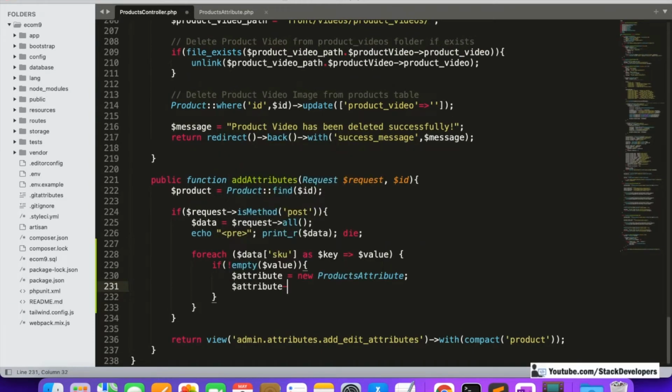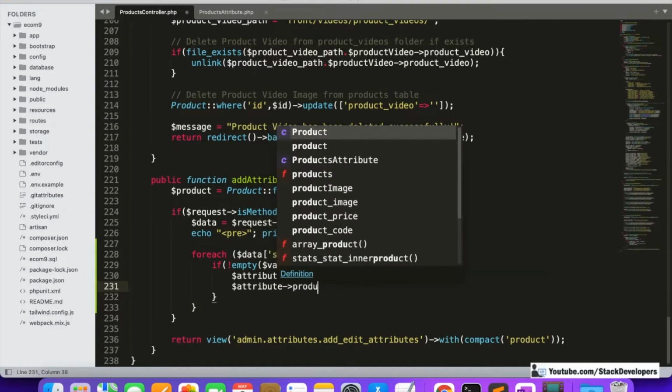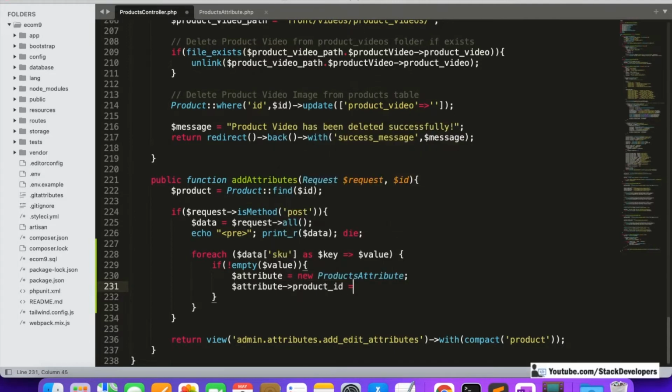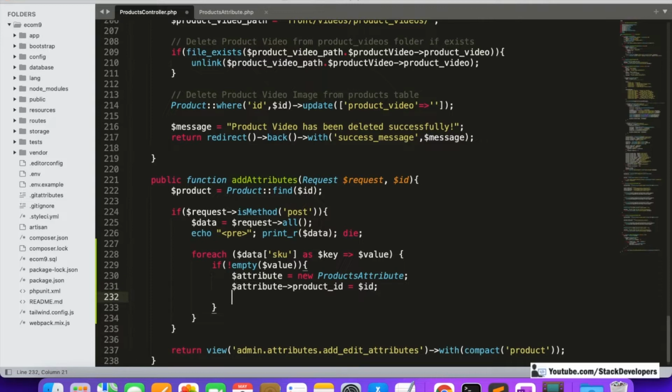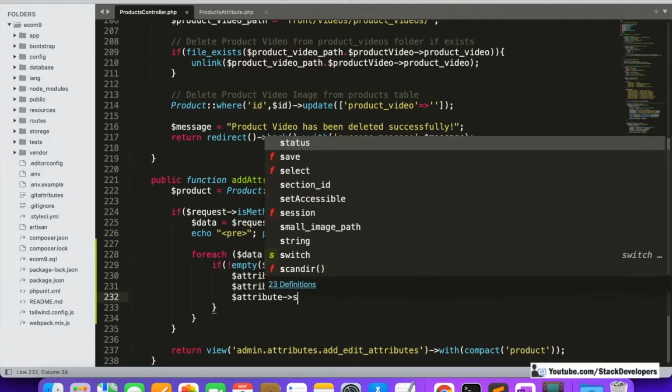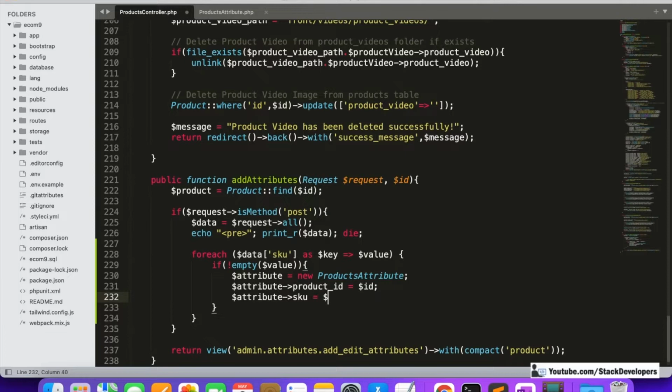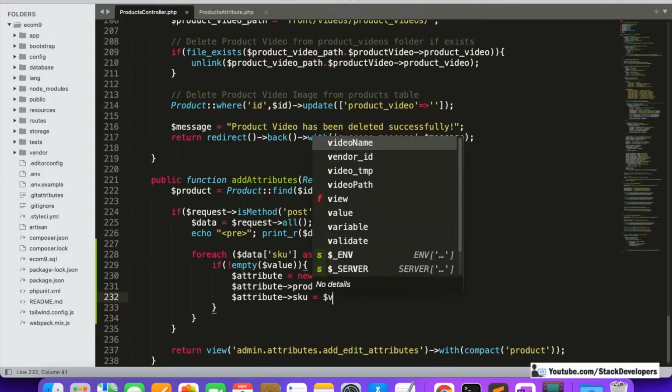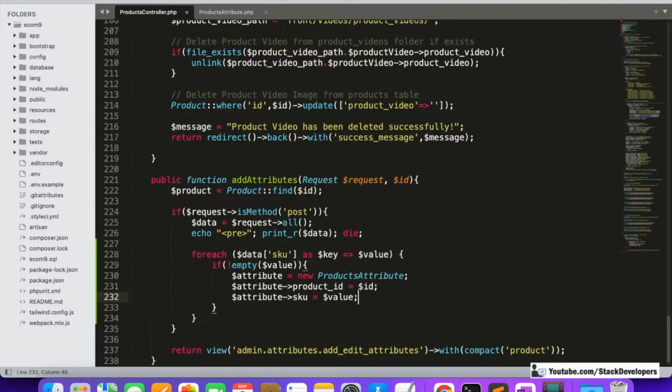Like $attribute. First one is the product ID that we are going to save, and that is coming in $id itself. The next one is $attribute SKU, which we are getting in $value itself. Because we have picked this $data SKU, it's coming in $value. So for the other attributes like this,